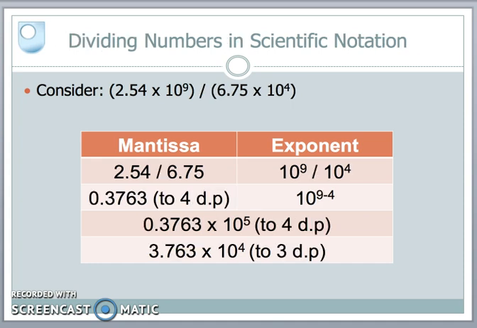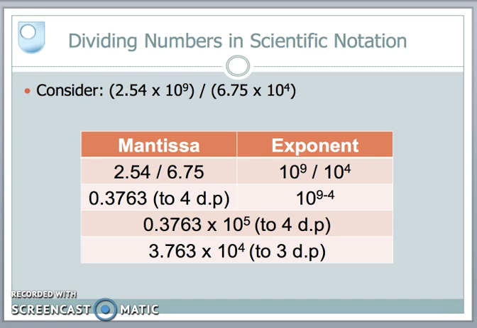If I'd asked for the division to be done, then I'll still split my number into its two components. So I'll have all the mantissa parts pulled out and the exponent parts pulled out. So again, we'll divide 2.54 by 6.75, so we can do that division on the mantissas, and then the exponent we can divide 10 to the power of 9 by 10 to the power of 4. There's the calculation for the division of the mantissa parts, and the exponent division, of course,